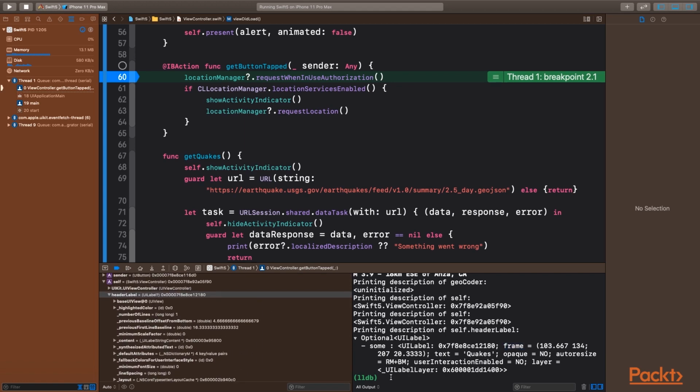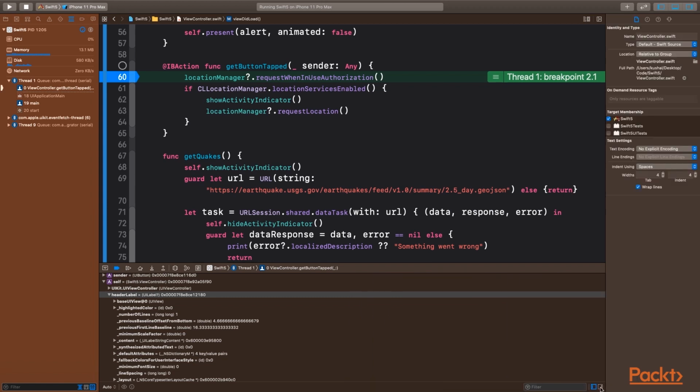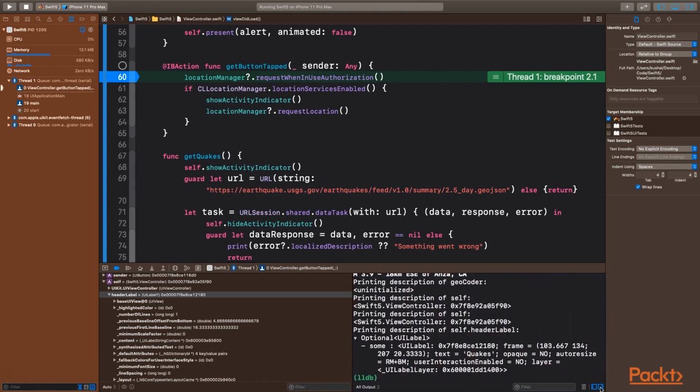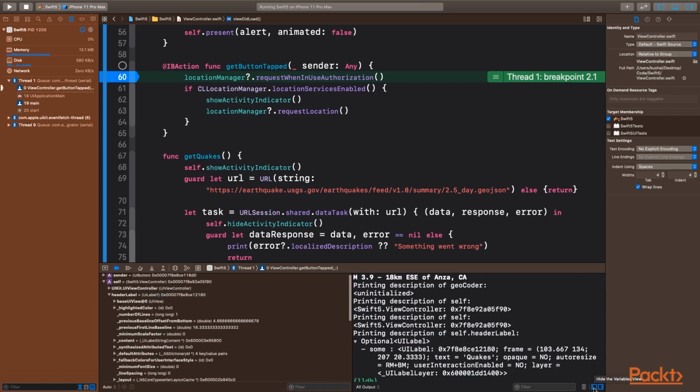On top of this, we will learn more methods to use the console on the right hand side. If the console is not visible, you can make it visible by using this option on the bottom right, which is to hide or show the console. The same applies to the variables view on the left section. So now that you're familiar with the debug bar and the debugging area,